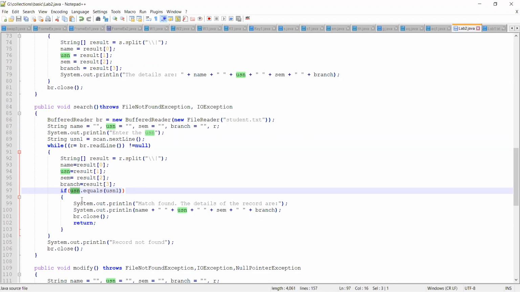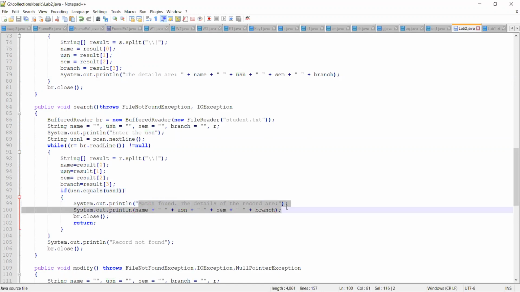Then it means a match is found. You're going to display a message telling the user that the match is found, and display the details of the record.